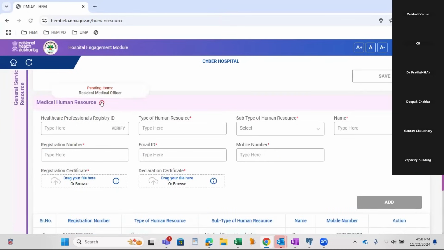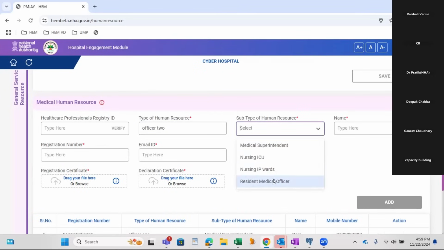Now, if we hover on this, the pending item is resident medical officer. So we will make another entry for resident medical officer.